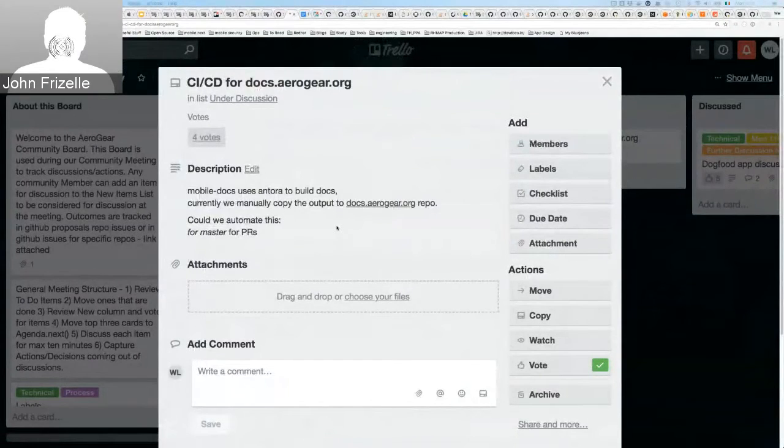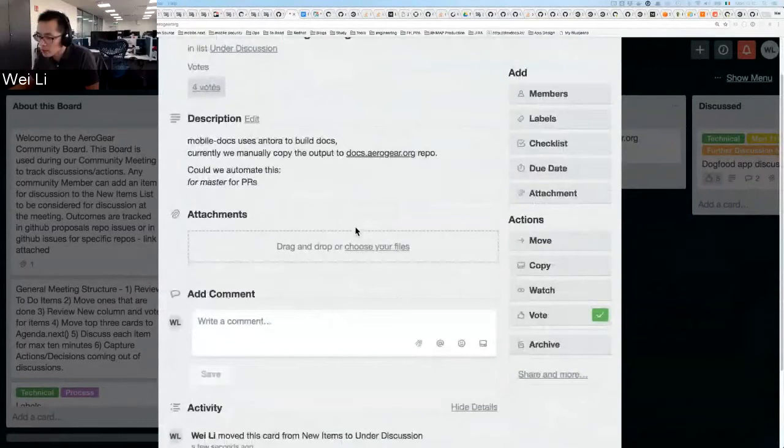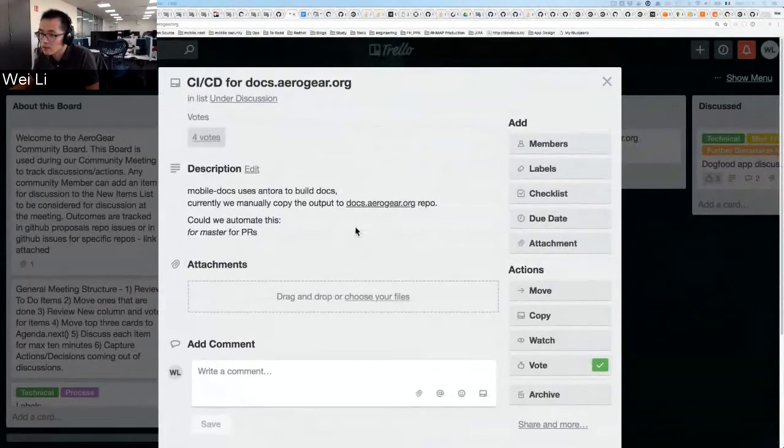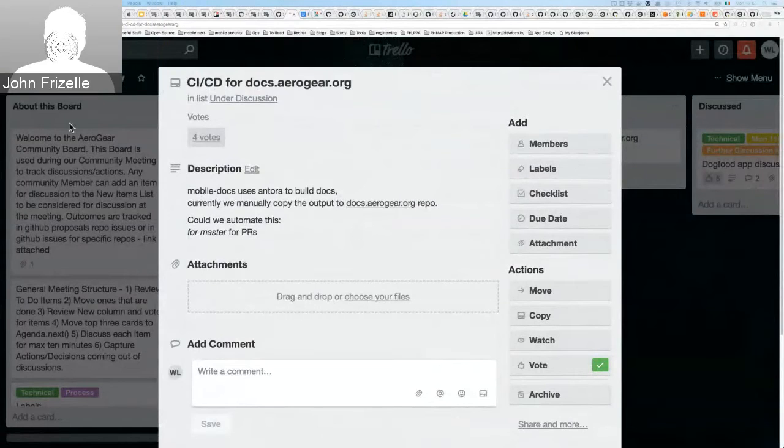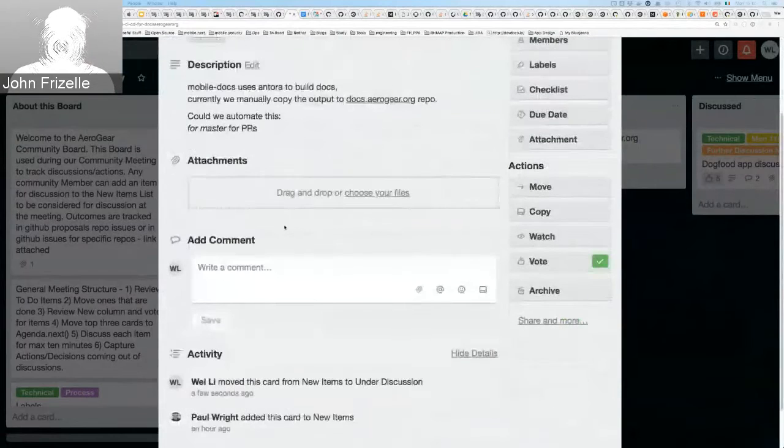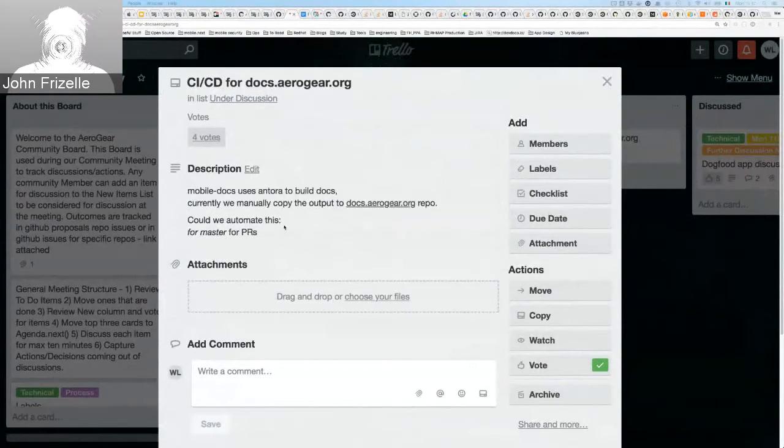Don't think he's on today. I think this might have been a card from previous. Oh, right. Okay. Do we actually need him on this one to be able to talk about this? I think it wouldn't hurt to have him there. I have circulated some thoughts on the community OpenShift instance and a kind of grand plan for having it as our CI/CD area for the website, for the docs, for the services and the showcase apps.